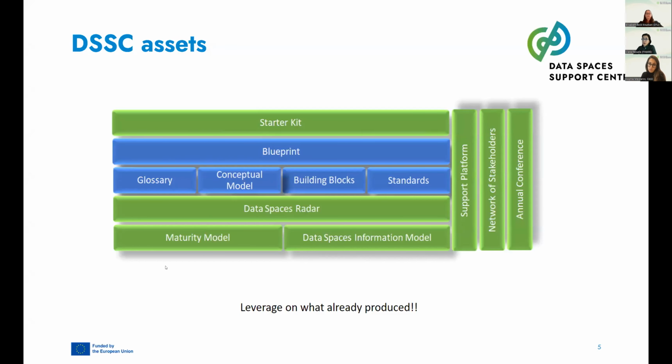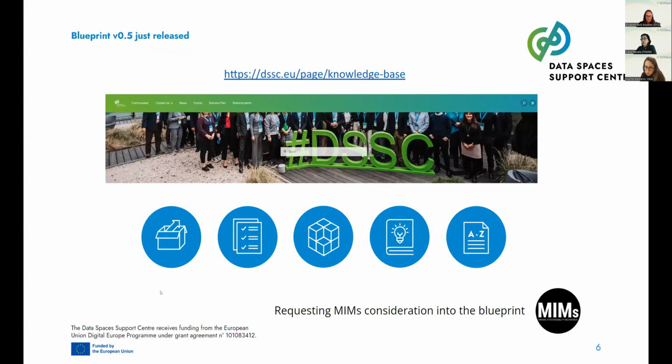This is the summary of the assets that we may expect from the support center. I would like to highlight one of them, which is the blueprint that is already there. It's available through the website of the Data Spaces Support Center, and includes different elements like a glossary, a conceptual model, different building blocks, specifications, and also guidelines for using all these elements together.